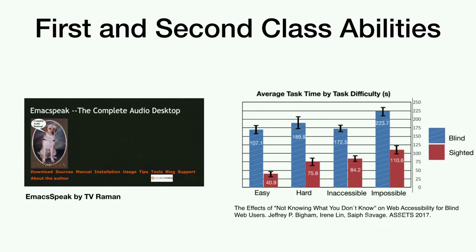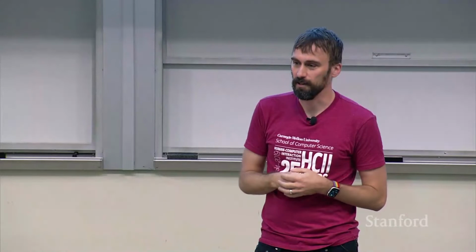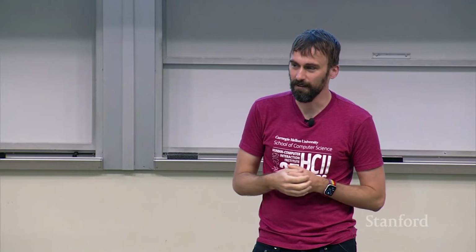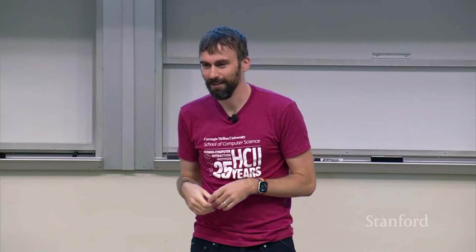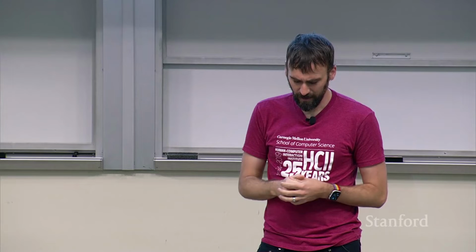And so one trick there, and one of the points of the paper, beyond just demonstrating that it takes longer, is that if something's inaccessible, it can actually be pretty confusing to know, is it inaccessible or unavailable, right? And so the title of the paper is, The Effect of Not Knowing What You Don't Know on Web Accessibility, because if I go to a web page and I'm looking for a phone number of a pizza shop or something, it's really hard for me to know, is the phone number not there, or is the phone number expressed in an image or a Flash application or something else that just doesn't work. And so we were looking at that.